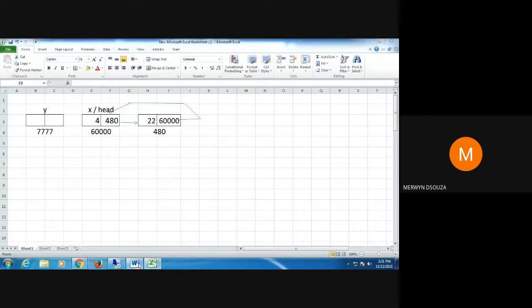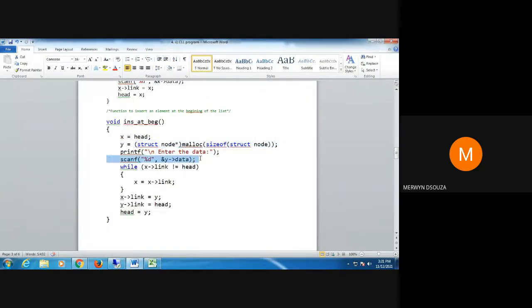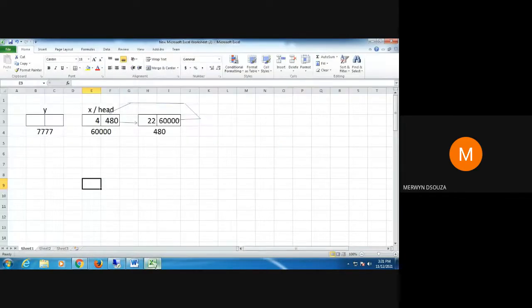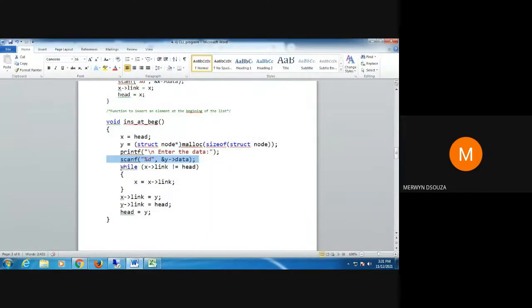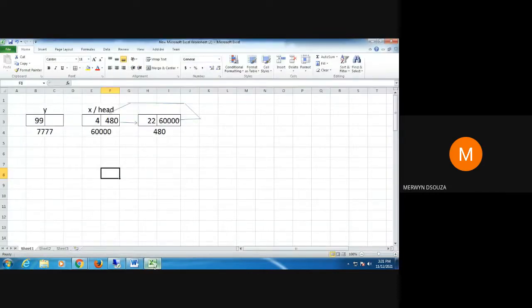Next step, I enter the data and I store it in the data part of y. Let's say the data that I'm entering is 99. In the next part, I check for this condition: x arrow link not equal to head. Is x arrow link equal to head or not equal to head?